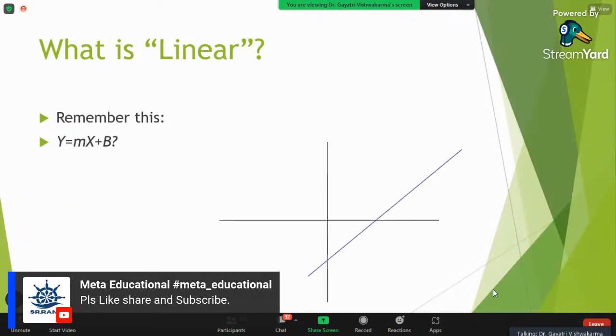If this is a linear line we are plotting on the graph, then b is the intercept and m is the slope, which you can determine from the angle. Based on this concept, we try to find the values of m and b and predict y with the help of our observation, which is x.